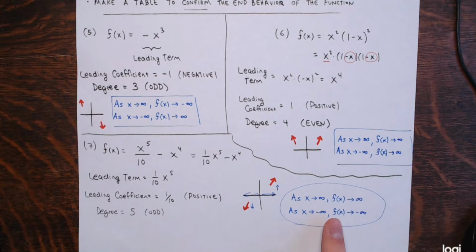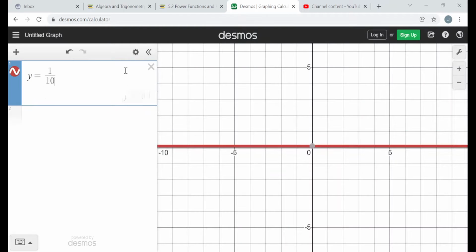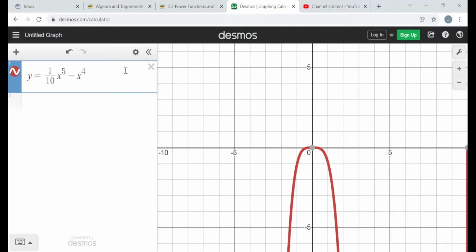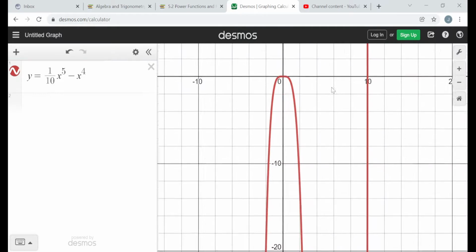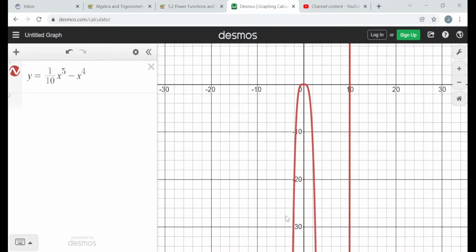Now I want to confirm this description with a table. Back to the Desmos site, I enter this function, y equals 1/10 times x to the 5th, then minus x to the 4th. You can't see it there, but if you zoom out, you see it's going down to the left, up to the right, as I said. And then we put in a table,